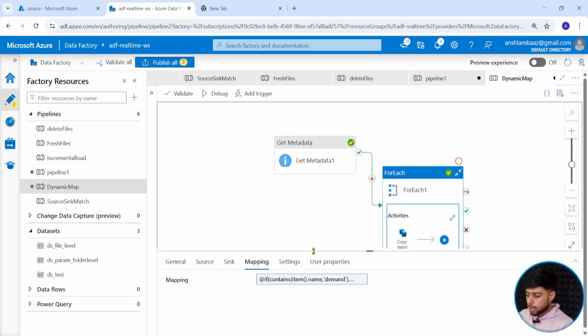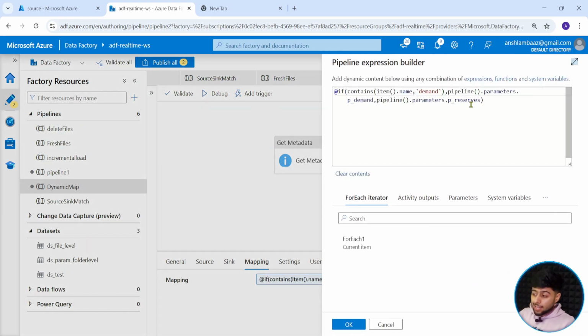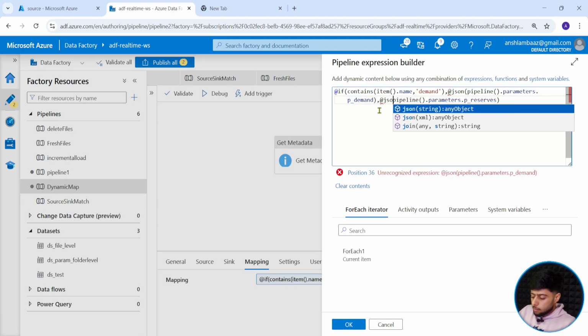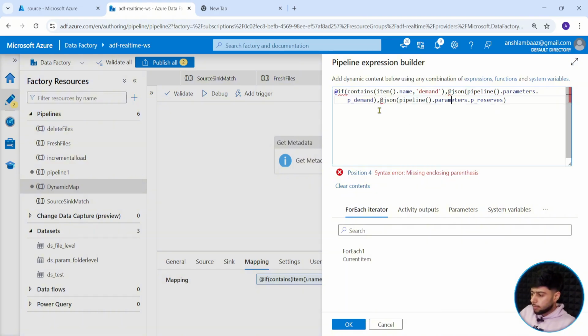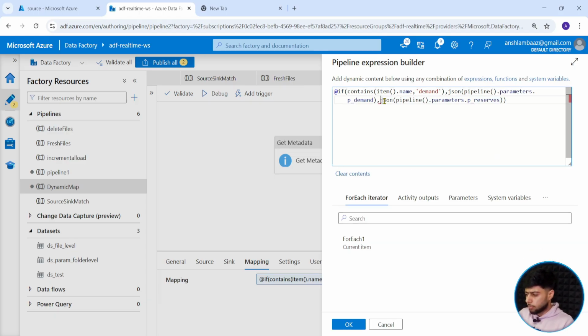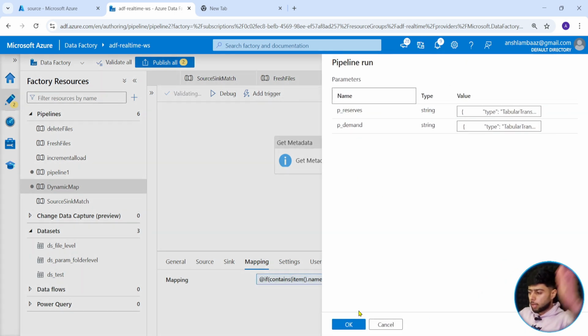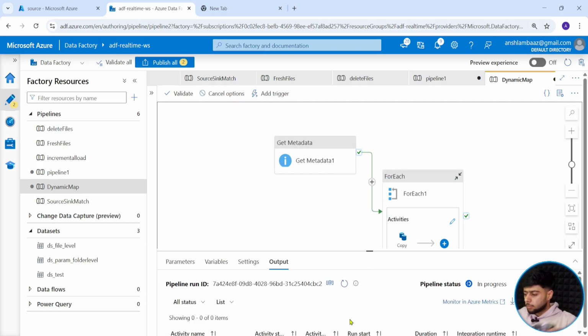Now if you want to perform it, you will simply go to copy activity, go to mappings, and instead of directly using your parameters, you will simply use json and close it, then json, then close it. Basically you are converting your string into JSON using the function. Obviously you do not need to use @ because this is just a function, so it's fine. Click on OK. Click on debug one more time to see the results, and if it runs fine, then